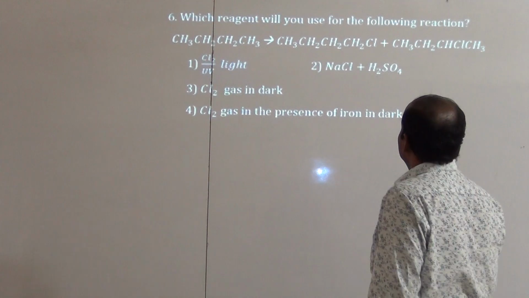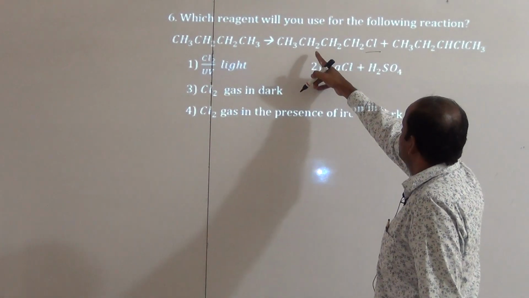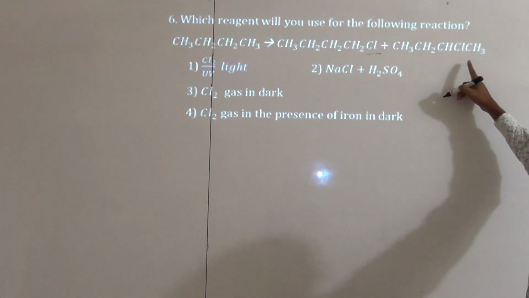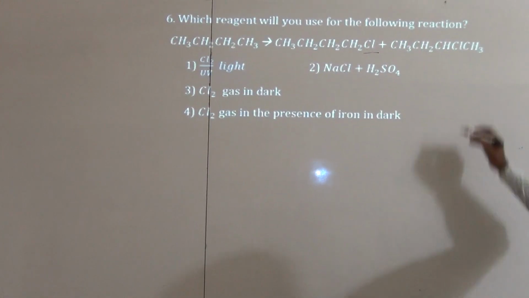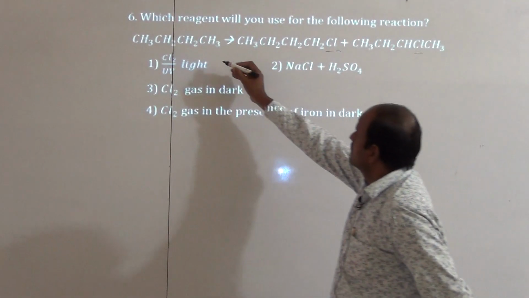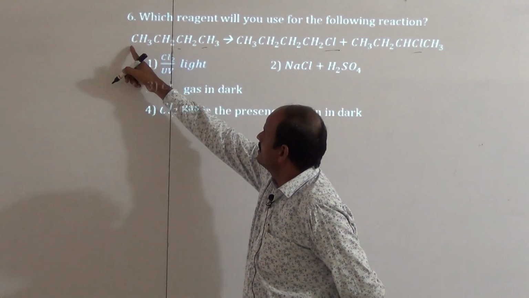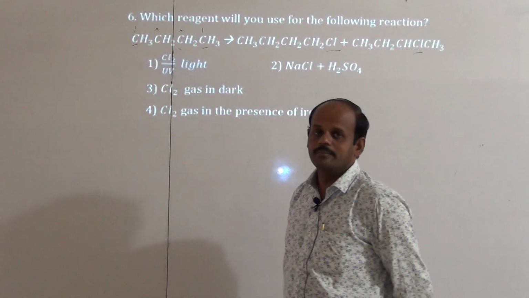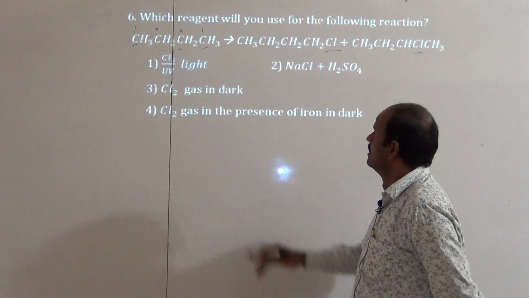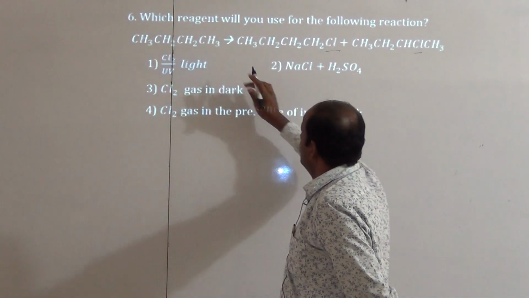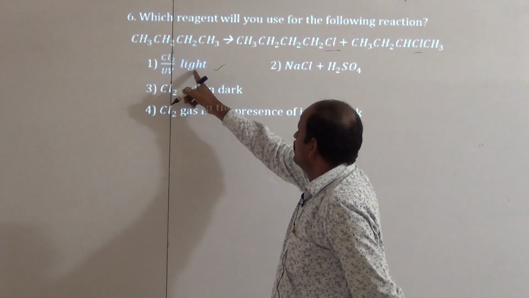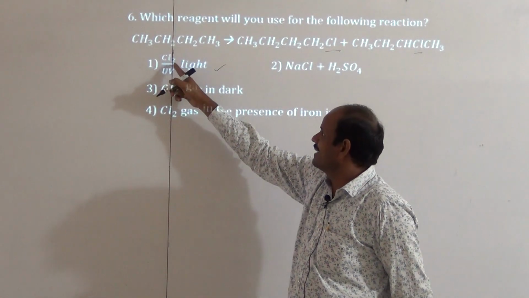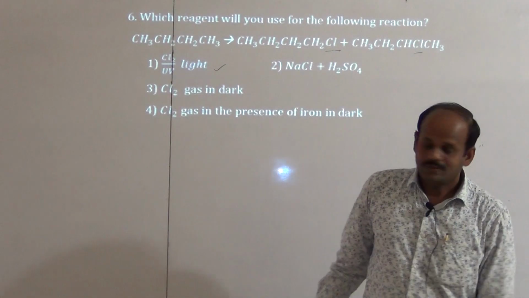It gives rise to CH3CH2CH2CH2Cl, and here CH3CH2CH, on this carbon Cl is there, CH3. Here halogens are attacked on first carbon and second carbon, or if you take it from this side, the first carbon and this carbon are the same, this carbon and this carbon are the same, meaning chlorine is attacked on all carbons. So if you use chlorine in the presence of UV light, free radical mechanism takes place, hence chlorine can attack on all carbons. Thus the first option is correct.